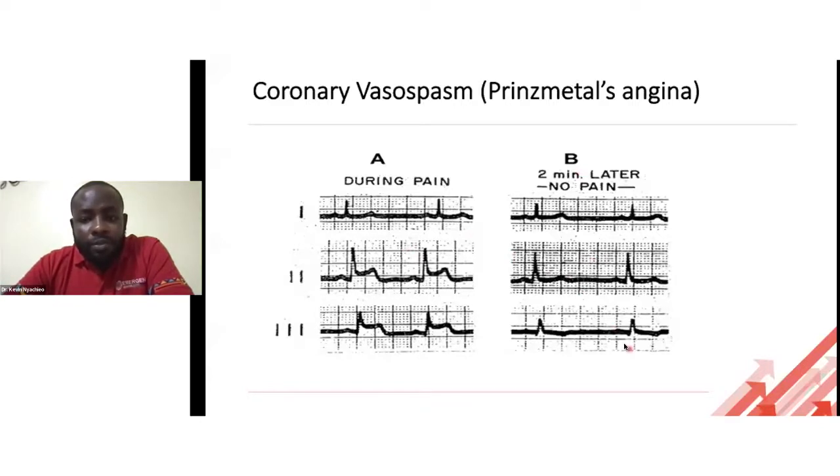It may be impossible, actually it is impossible, to differentiate a STEMI from coronary vasospasm. So you can't make that diagnosis that this is coronary vasospasm, because the ECG at one point looks like a STEMI. After a few minutes, very normal, okay? Classically, and what I would recommend, if you're seeing this, treat it as an MI, let the patient be escalated, let the cardiology team be involved. If they go for angiography and they find the vessel is clear, then they can safely say this is coronary vasospasm. But this is not a diagnosis that you'll make in the ED